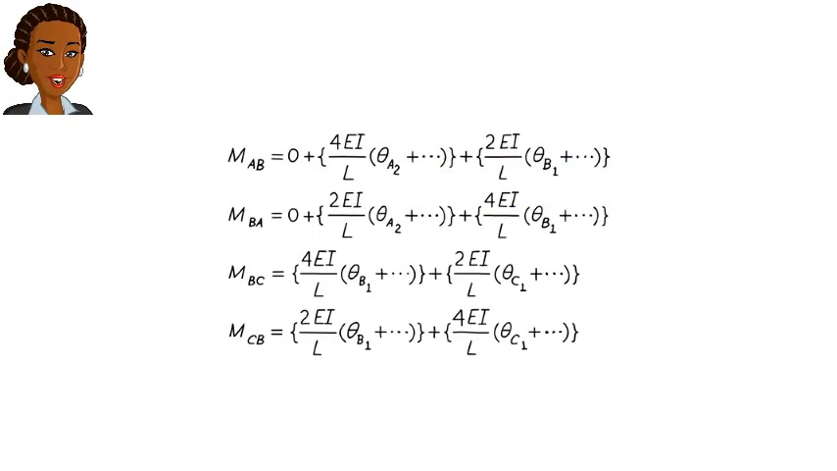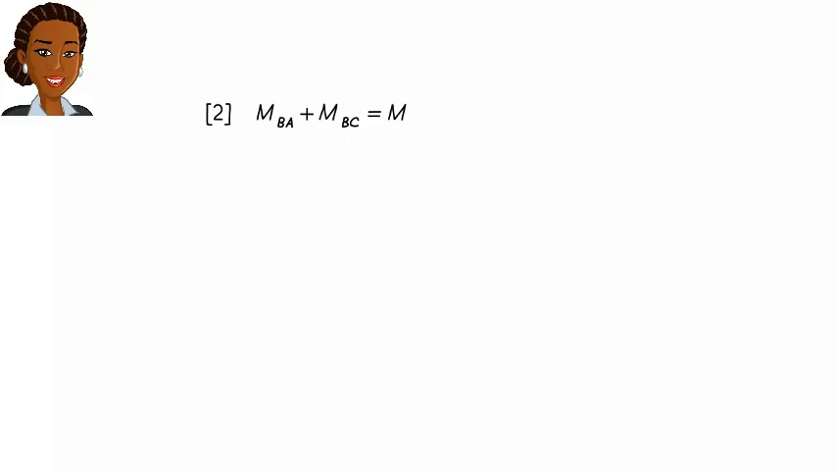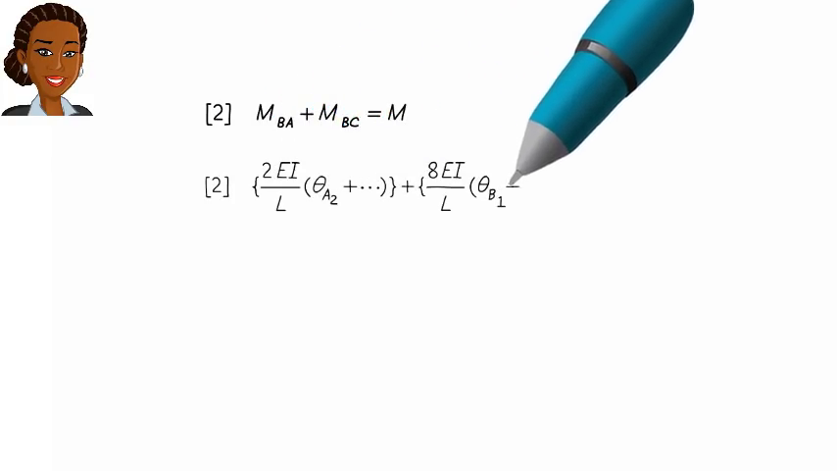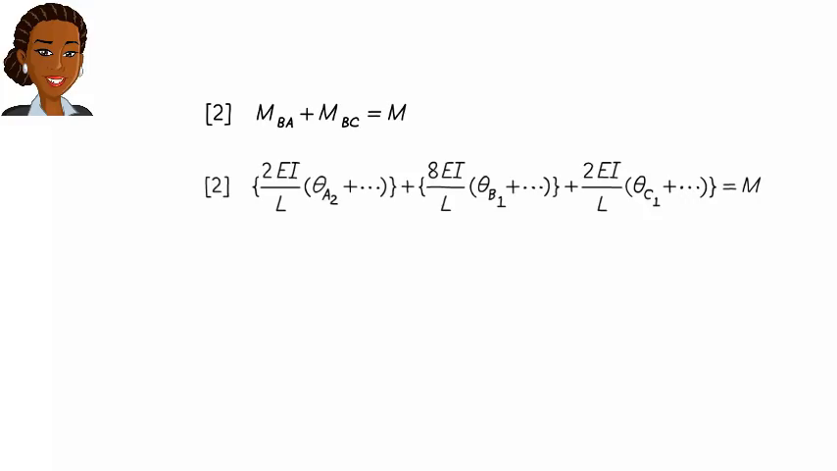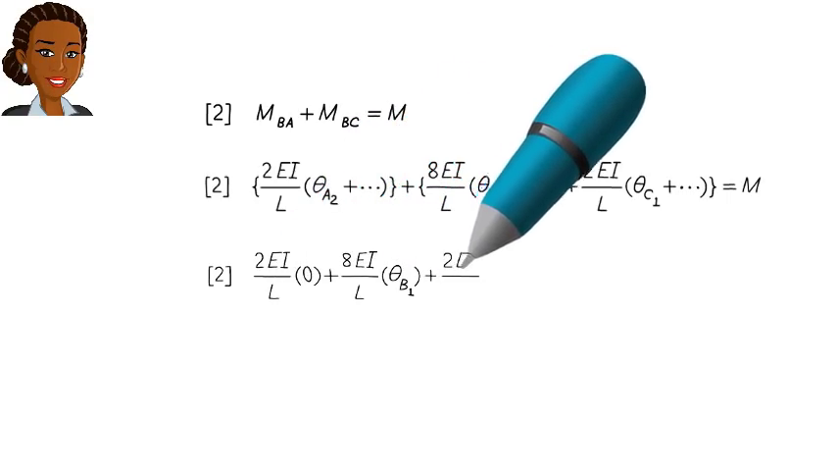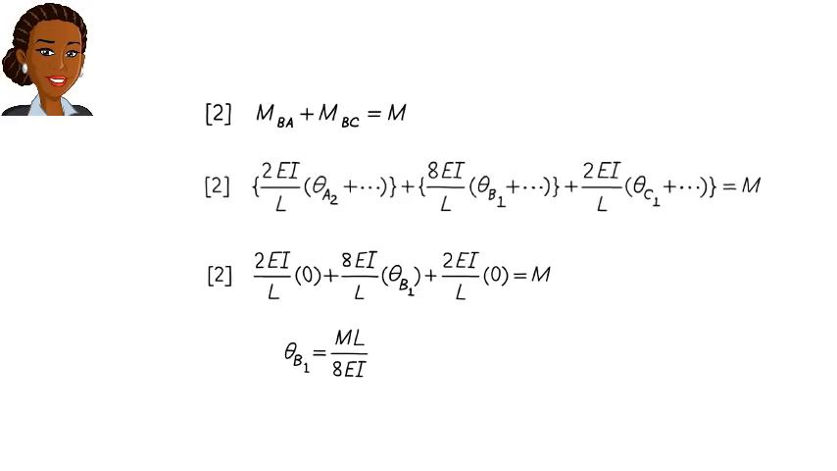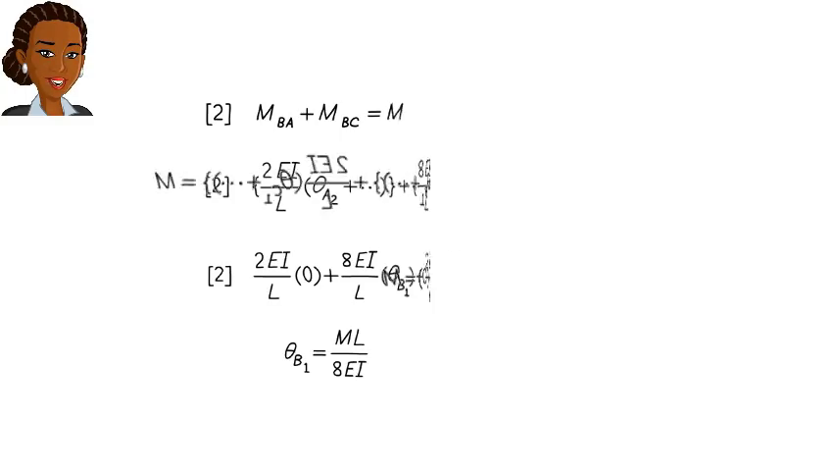In the second iteration, we are going to use the second equilibrium equation to calculate theta B1. Here is the equilibrium equation in the expanded form. Then, since we do not know any of the remaining terms in the series, we assume both theta A and theta C to be 0. This allows us to directly calculate theta B1 from the equation. Substituting this value in the most recent slope deflection equations, we get